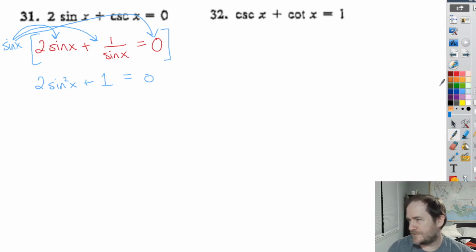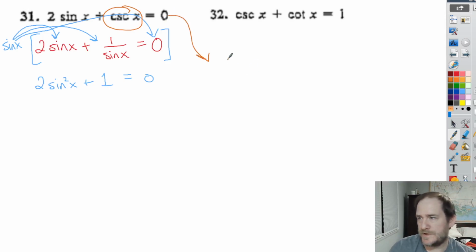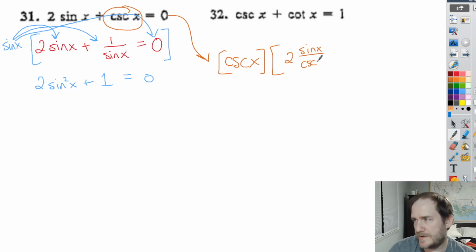Let's have this chit chat one more time. The alternative, I guess, is to recognize 1 over sine. Well, that was cosecant. So what if you factored out cosecant? Well, factoring out cosecant would give you 2 sine of x over cosecant of x